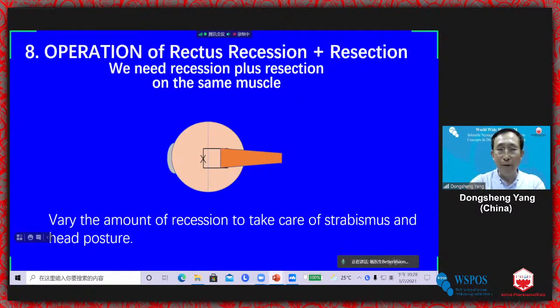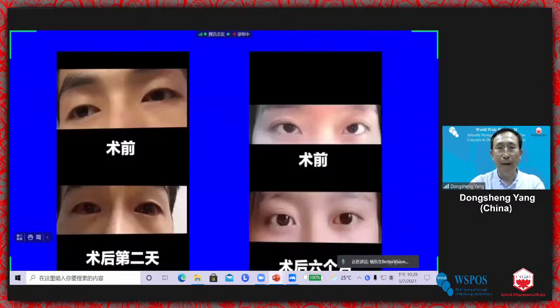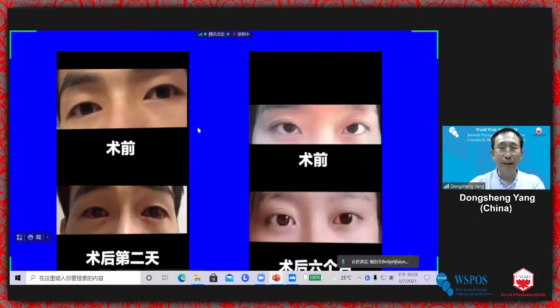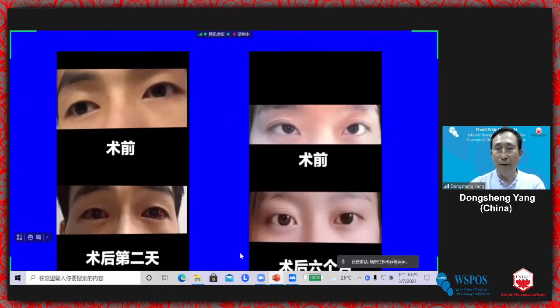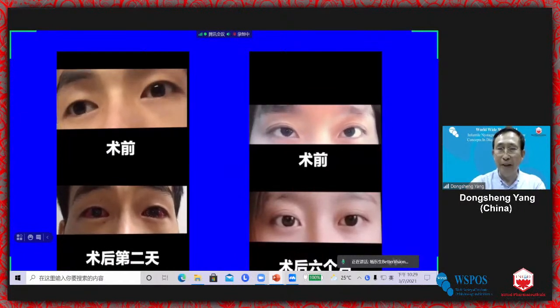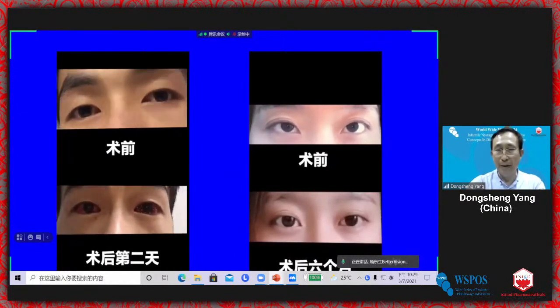So we can vary the amount of the recession to take care of the strabismus and the size of the head posture. So does it work? I have some video here to show you. The front one is the pre-op, the below one is the after-op. It's a very powerful procedure. This one is also nearly invisible. The nystagmus becomes